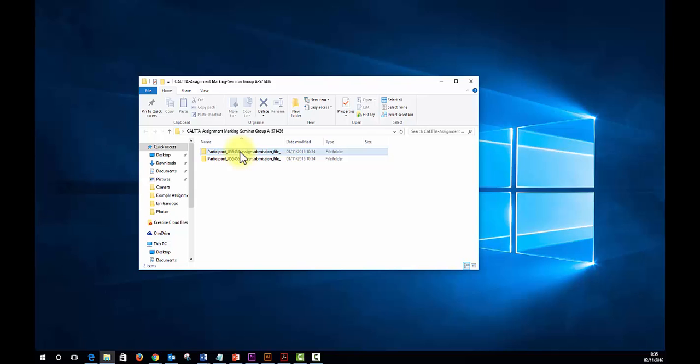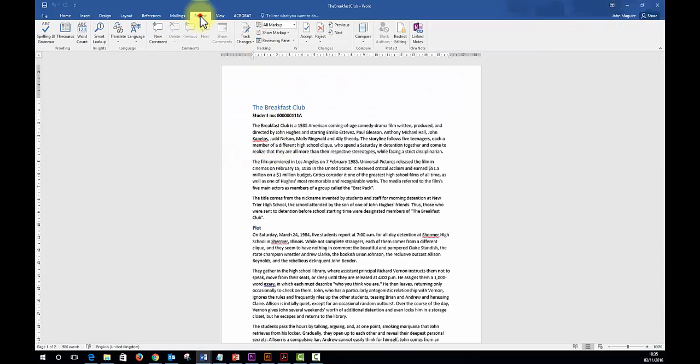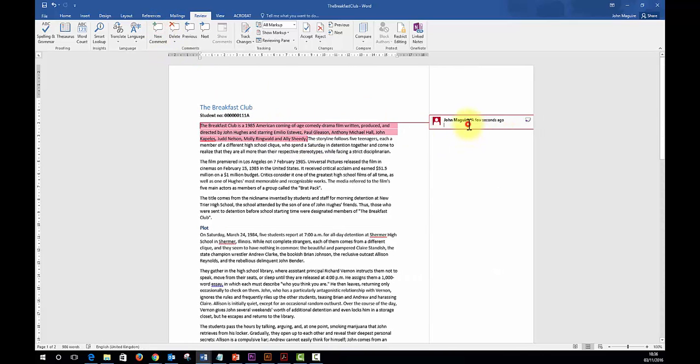So once we've unzipped the submissions, we can go into the participant folders and we can open that up in Word. And once it's open in Word, we can use the review tab here to add comments to it and some feedback to the students. So if I was just to select an area, hit new comment, I can then add in the comment saying